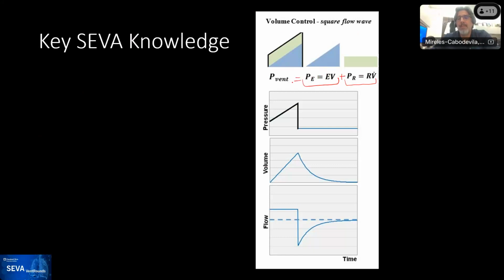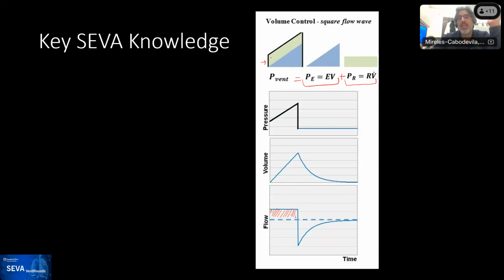This is obviously a passive patient. And so you can see here the flow on the bottom, and the flow is constant throughout. And as the flow is delivered through time, the volume will increase linearly because the flow is constant. And so when we add flow plus the elastic load plus the resistive load, it will give us the Pvent. And you can see that the first step up on the pressure waveform is due to the resistive load,